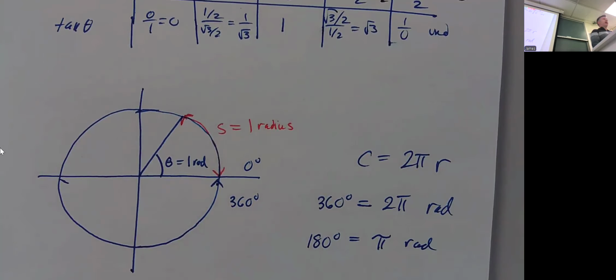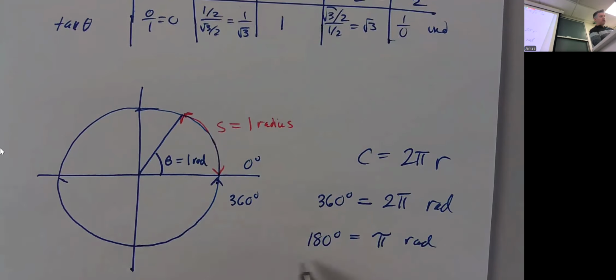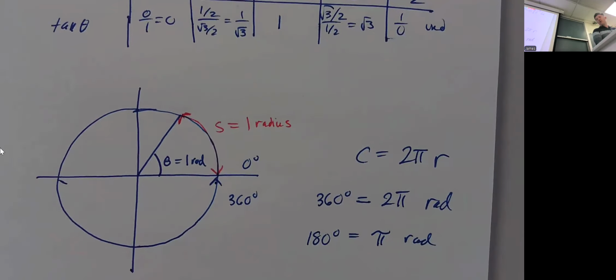I've been multiplying by a conversion factor, pi over 180, just like multiplying 36 inches by 1 foot over 12 inches to convert from inches to feet. Same kind of idea there to get into radians. So all that to say,